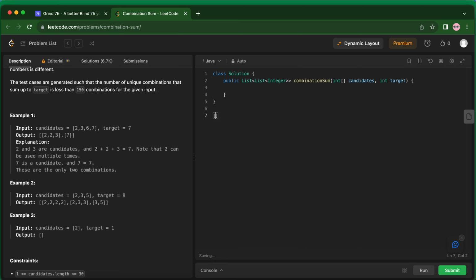Okay, so we have 2, 3, 6, 7, and our target is 7. So first we started with 2. Now we are going to check all the permutations, so we'll say 2 plus 2 plus 2 plus 2. Now this is equal to 8, right? Which is bigger than the target. So we'll remove the last 2 from the combination. We'll check for the next value, that is 3,